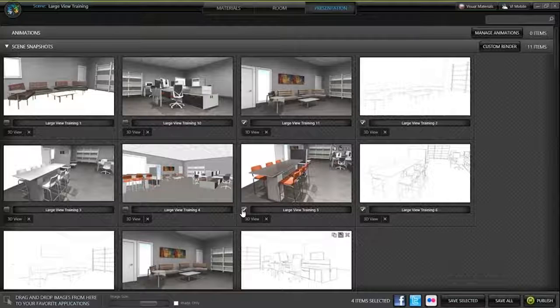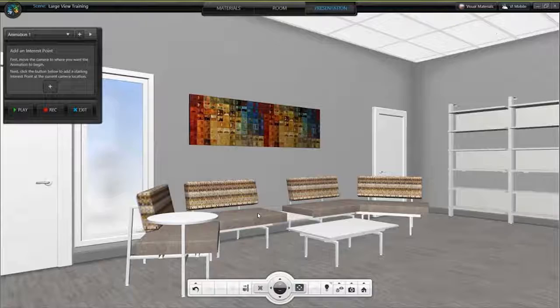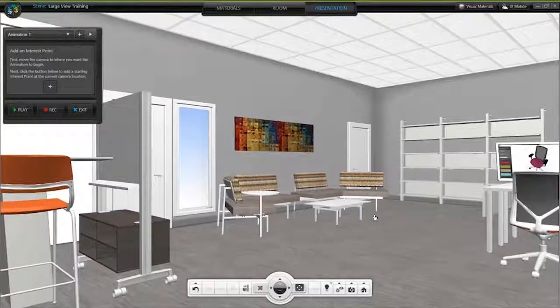Maybe I attach them to an email for approval. Maybe I'm going to save them just to put them in the client's folder and print them later. Where you put these, completely up to you, but reuse them in your presentation. Remember the whole concept that we started with, kind of talking about collaboration and connection. I want to essentially walk someone through those three spaces so they understand how they work together. So right above snapshots, there's a tool called animation, the very, very top of the screen. And if I choose manage animations, this will actually bring me back into visual impression, where I can essentially take